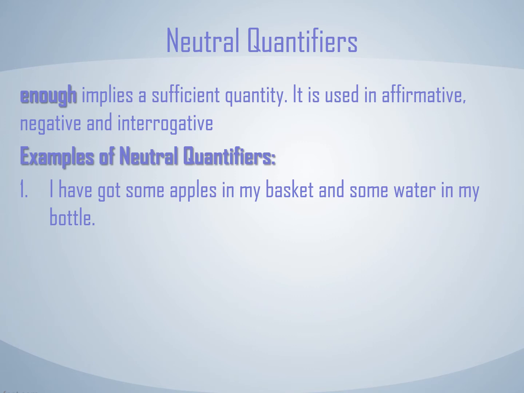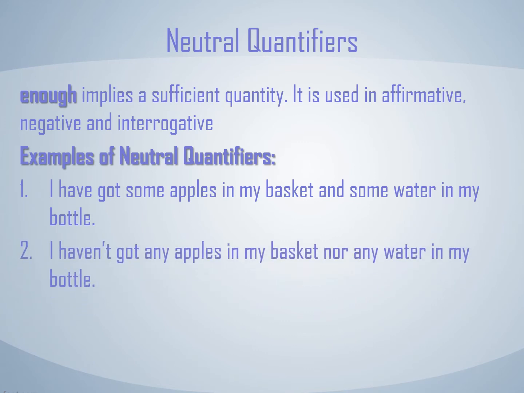With non-count nouns, this is easy to understand, that we use any and some. But if you are using some with a count noun, it means the quantity is imprecise. It means you are not sure what the actual or exact number of that count noun is. That's why we can use some in that case.